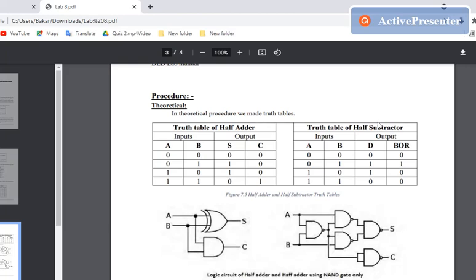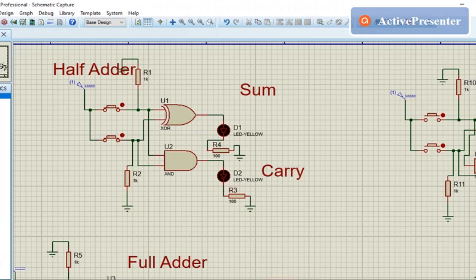Now we'll see how to implement this circuit on Proteus. Let's see the truth table of half adder. If both bits are 1, then the output is 1, but if we have a larger number which gives us carry, that is 1 plus 1 gives us 11, which comes with a carry of 1.